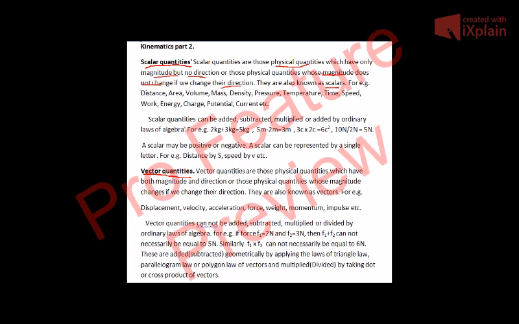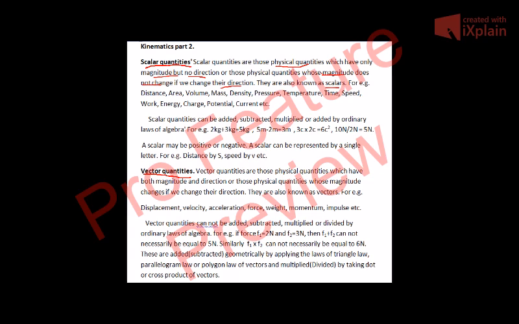For example, if you measure the length of a wall from left to right, it is 5 meters, and if you measure the length of the wall from right to left, it will again be 5 meters. So by changing the direction, the magnitude of the length of the wall does not change. So length is a scalar. Similarly, if you measure the area of the floor of the room clockwise, it will be the same if you measure it anti-clockwise. So area is again a scalar quantity.